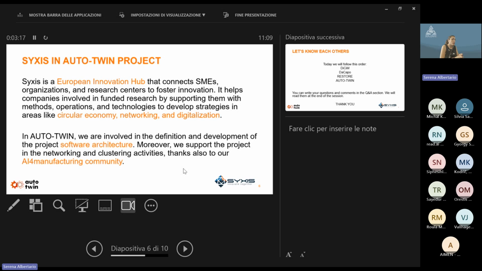The main areas in which we have more experience are the circular economy, networking and digitalization. We are part of AutoTwin, both as technical developers of some components that you will find developed for each specific use case, but also with the role of involving the project in clustering activities like the one we are doing today, and also in the AI for manufacturing community.